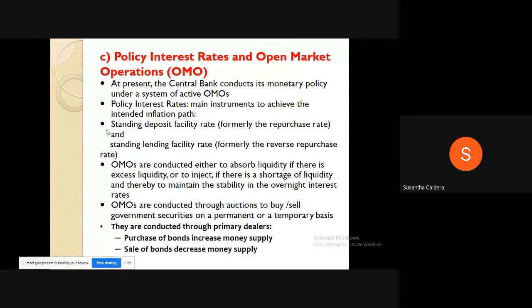Then from time to time they will say, okay, whatever bills they have sold, now you can discount them. So when we surrender the bills and treasury bonds to the central bank, they will give us money. That means we can lend more to our customers.